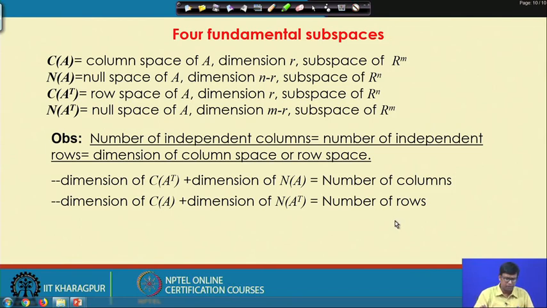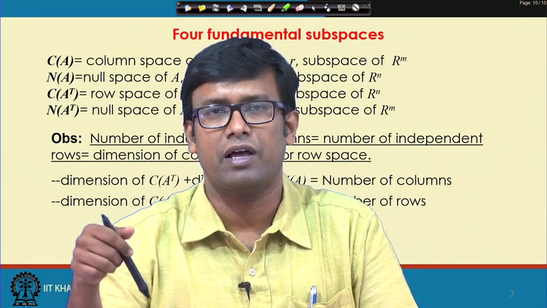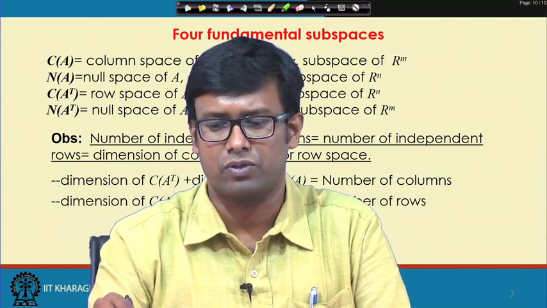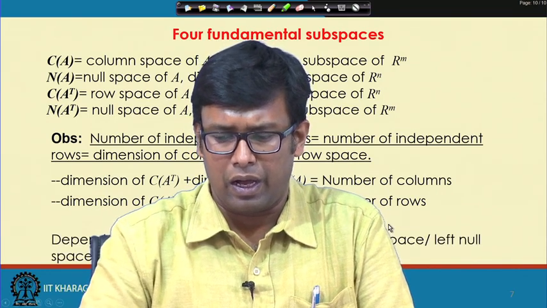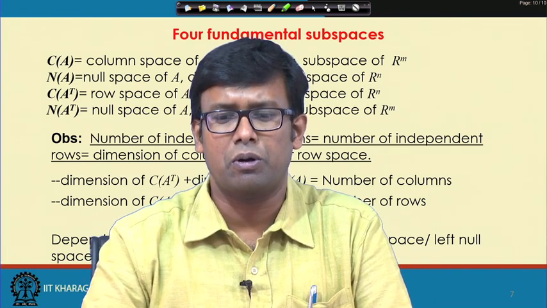So, we will look into an example and see how null space, row space, column space and left null space look for one particular matrix. We purposefully choose a rectangular matrix because m and n will be different, and we can get different dimensions of null space and left null space also. Another interesting observation here was that dependent columns and rows introduce non-zero null space or left null space. So, if there is no dependent column,